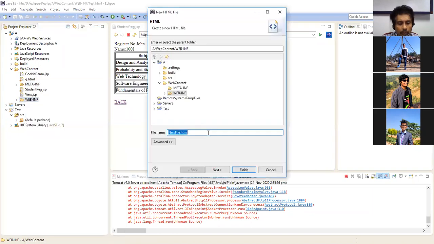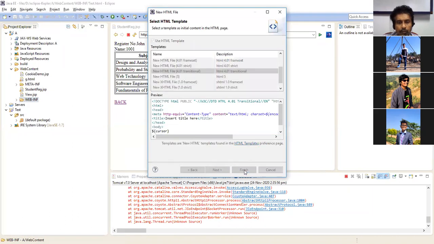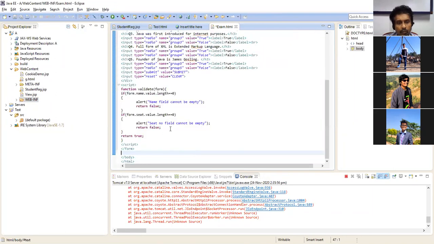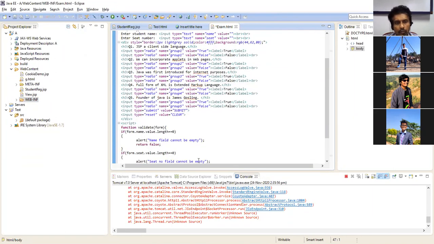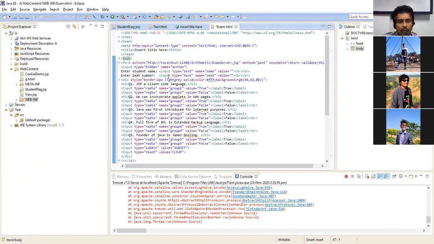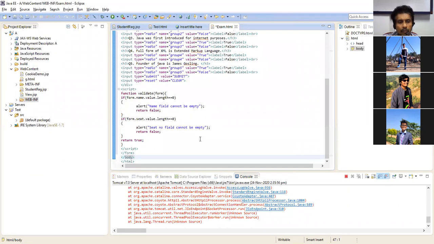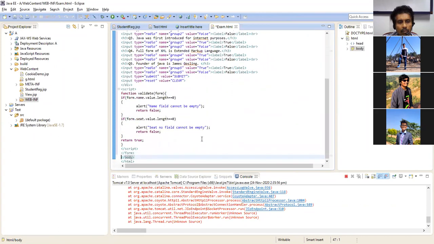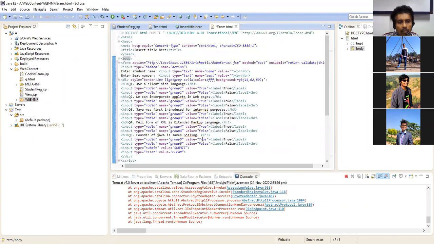That is exam.html, which I'm going to create. So the exam.html file is created.